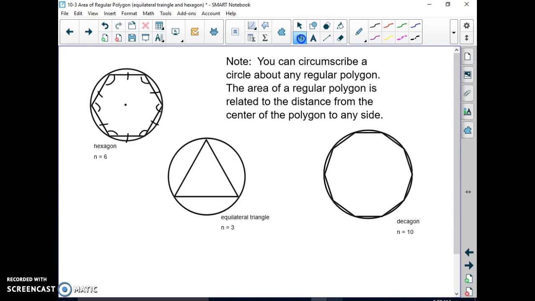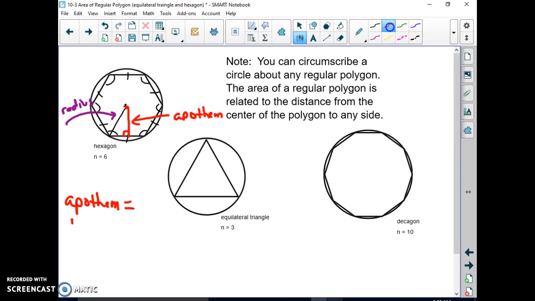From the center of my polygon, which is the same as the center of my circle, out to a vertex of my polygon is called the radius, just like the radius of my circle. So this is my radius. From the center of my polygon, perpendicular down to a side is called the apothem. That is a new word for us. So this right here is the apothem, and the apothem